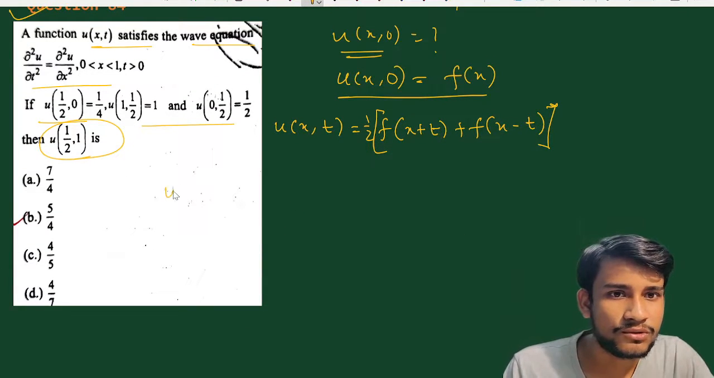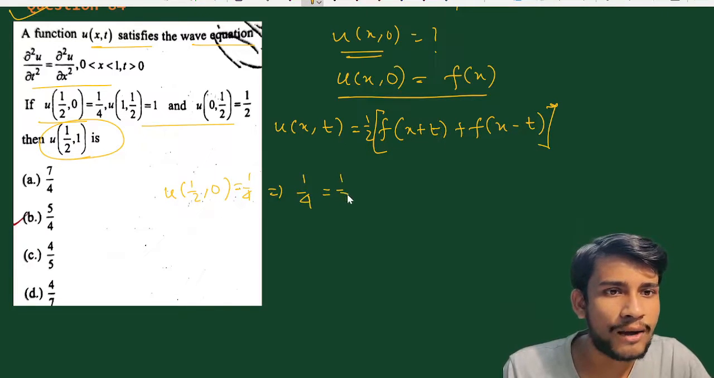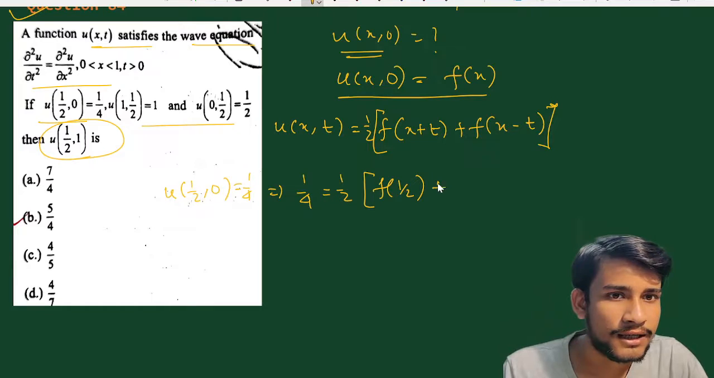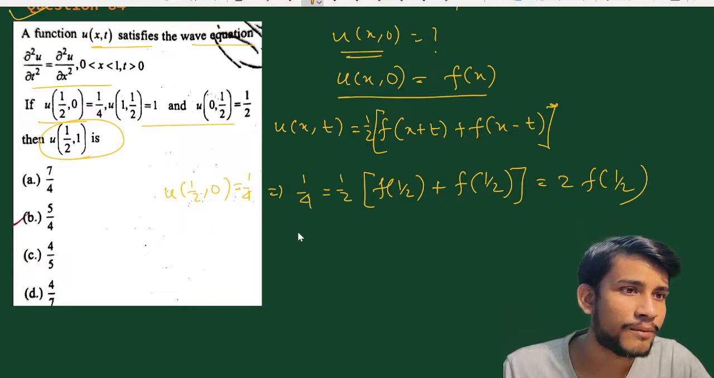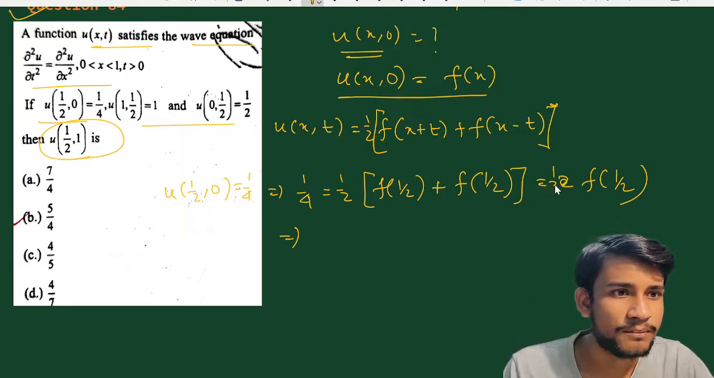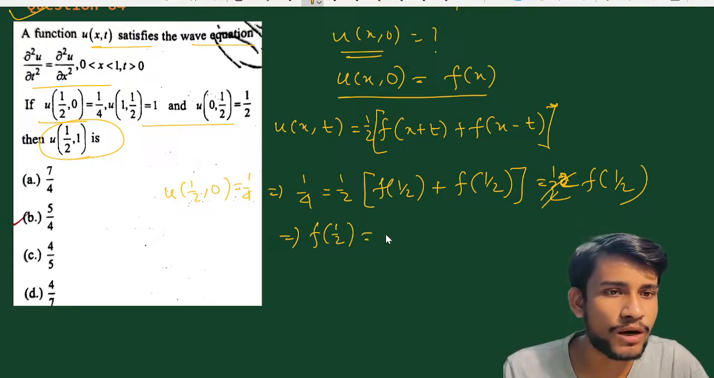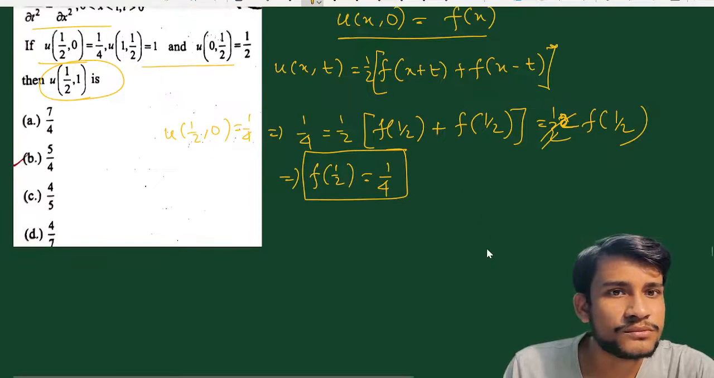नाउ जो कंडीशंस गिवन है क्या है u(1/2, 0) इक्वल टू 1/2, सो u(1/2, 0) इज इक्वल टू 1/4, दैट मीन्स 1/4 इक्वल टू half of f(1/2) plus f(1/2), so this is equal to 2 into f(1/2), that means सिंपली 2 half इंटू 2 half, तो ये कैंसिल हो जाएगा, तो f(1/2) का जो वैल्यू होगा दिस वैल्यू विल बी 1/4, क्लियर।